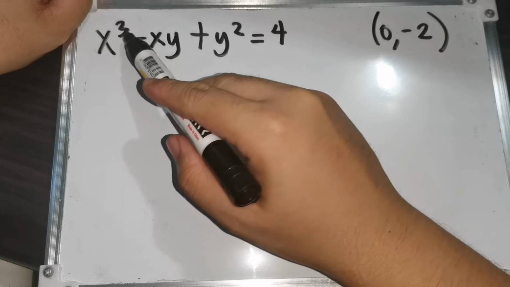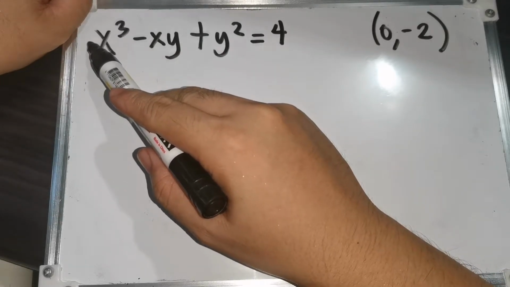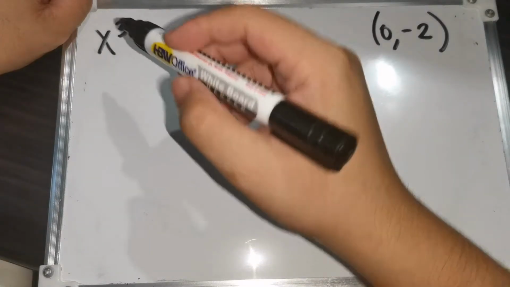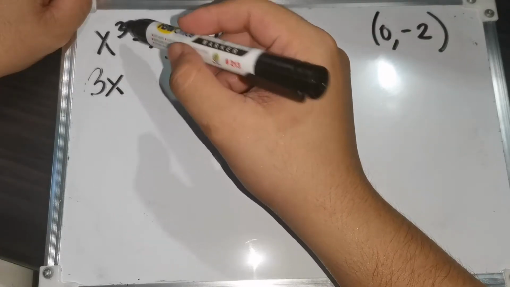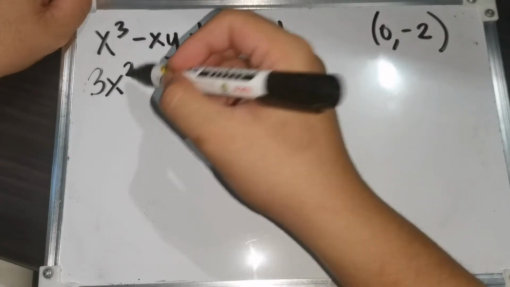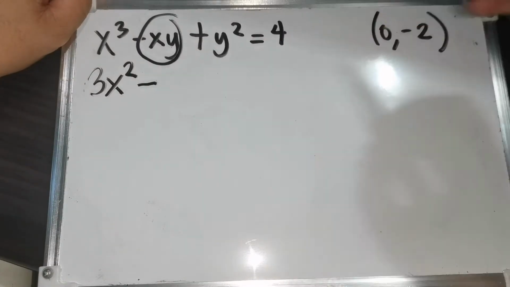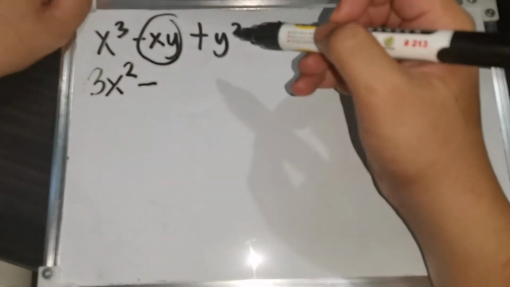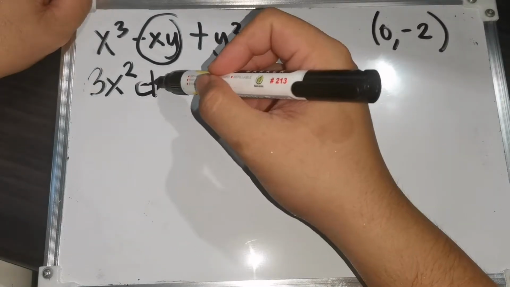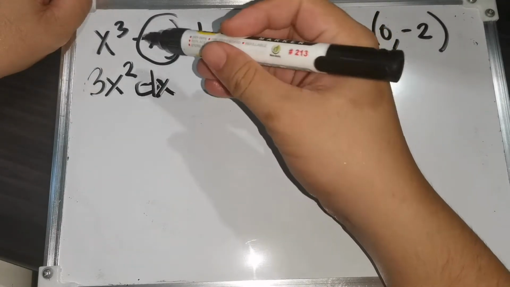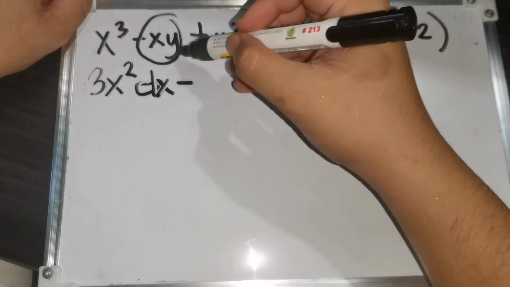So, we multiply this exponent 3 to your numerical coefficient here, which is equal to 1. So, that will be equal to 3x. Then we subtract 1 from your exponent, so that will be 2. Minus. So, what will be the derivative of this one? We need to put here your dx as part of the derivative of your x cubed, then minus the derivative of